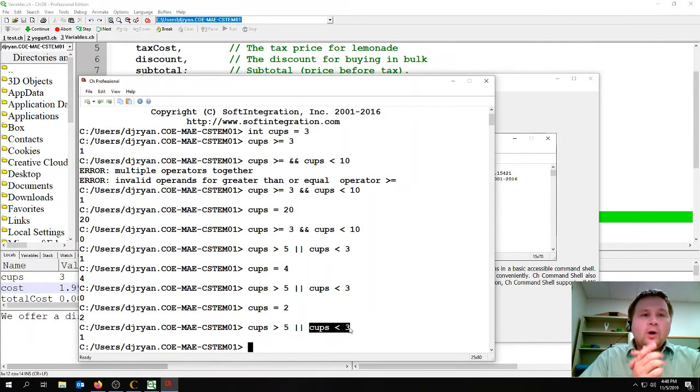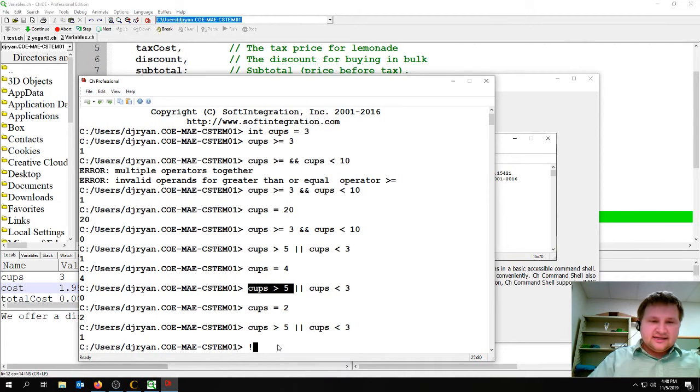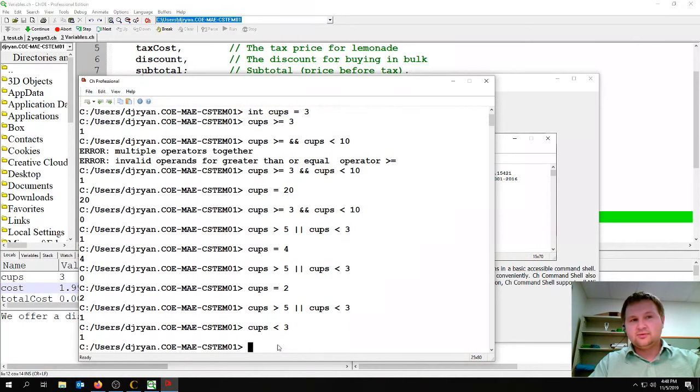Now there's one other logical operator that I wanted to mention, and that is the not operator. And the not operator is represented with an exclamation point. What this does is it just negates any logic statement that we have. And a logic statement is like cups is greater than 5. So right now cups is 2. I could say cups is less than 3. That returns true. But if I use the not operator and I say not cups is less than 3,